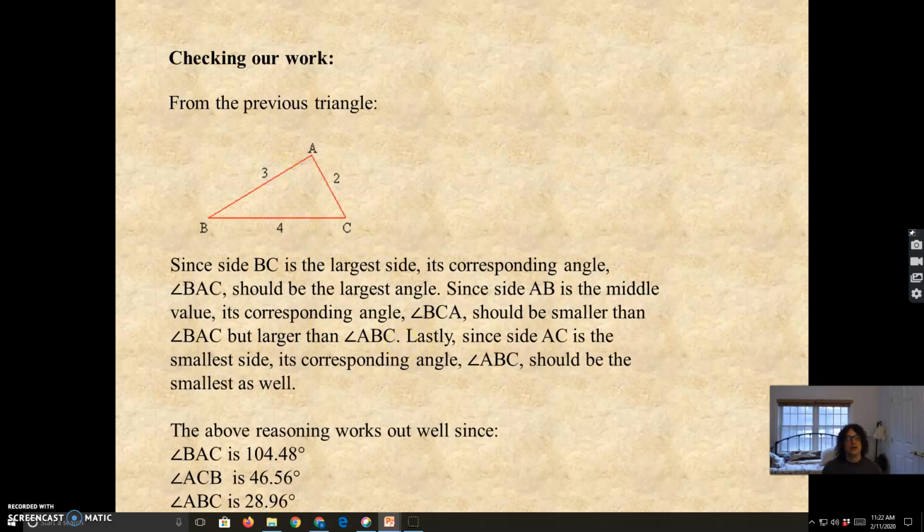Checking our work. Well, since side BC is the largest side, its corresponding angle, BAC, should be the largest angle, and it is. Since side AB is the middle value, its corresponding angle, BCA, should be in the middle, and it is. And it should be smaller than angle BAC, but larger than angle ABC. And lastly, since AC is the smallest side, its corresponding angle, ABC, should be the smallest angle as well. And it is. And you can see it all works out perfectly. And these three angles add up to 180 degrees, which is the sum of the internal three angles in a